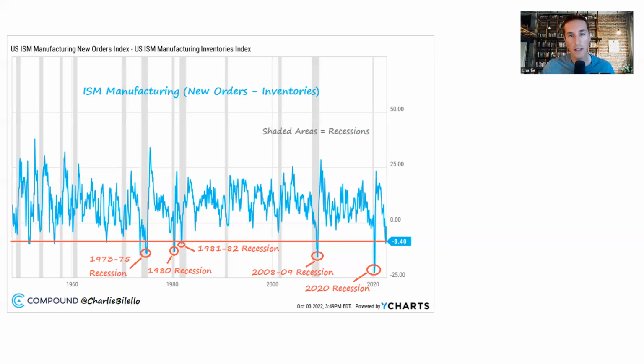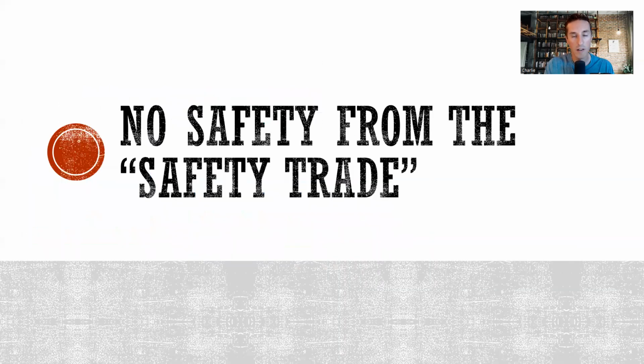So, what's been different about this recession this year from prior recessions in recent years? Well, you're not getting safety from the safety trade. So, if we look at the 2020 recession, or the recession from 2008 to 2009, or the recession in 2001 or 1990, what was the Fed doing in all of those recessions? What they were doing was cutting interest rates. They were easing monetary policy, and you actually saw interest rates move down across the board because you had inflation rates going down. During a recession, you tend to see demand go down. We're seeing a little bit of that this year,